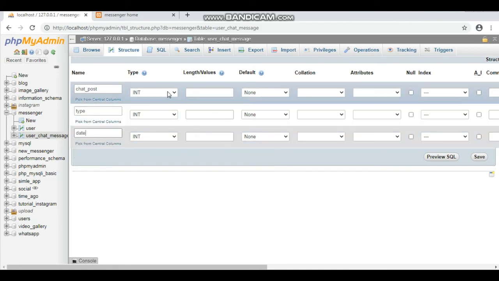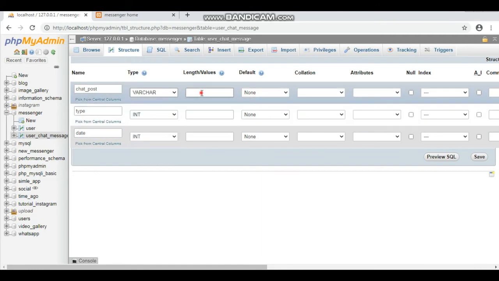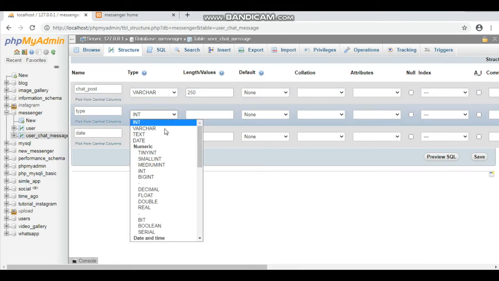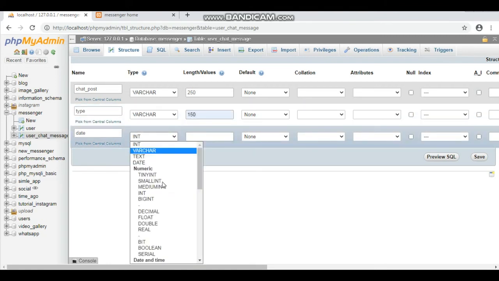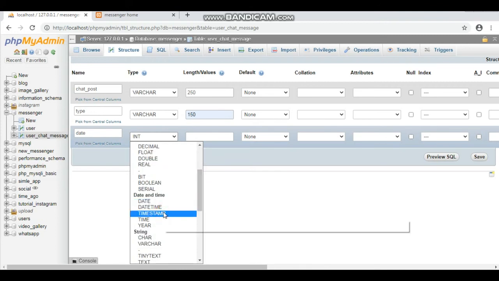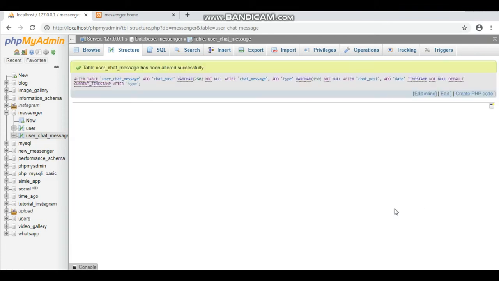Now chat post type is varchar, length is 250, and then type also varchar, length is 150, date set to timestamp, and then default set to current timestamp, and then save it. Now here that is created user chat messages table.